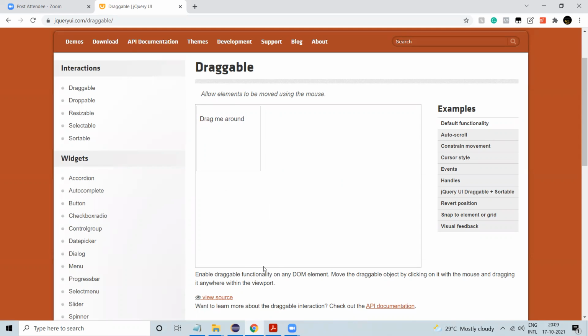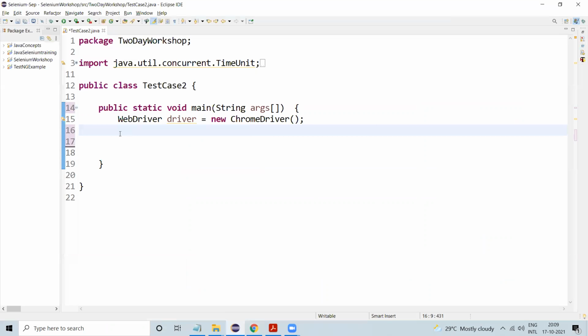So first we need to navigate to the particular URL and find this element. Using the mouse, we need to drag and drop somewhere. For mouse actions, we have to instantiate the Actions class. Right? We'll start writing the script and we'll see how it is working.